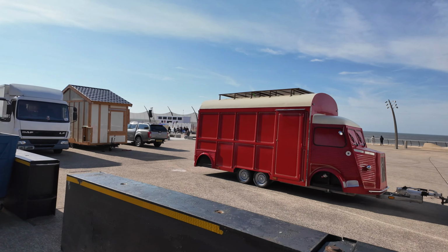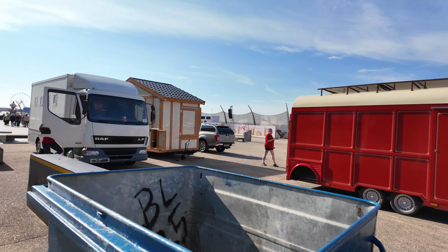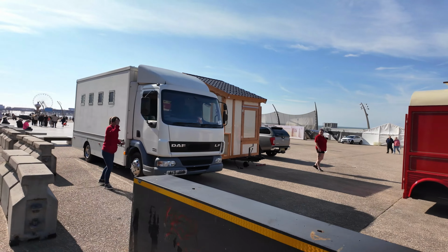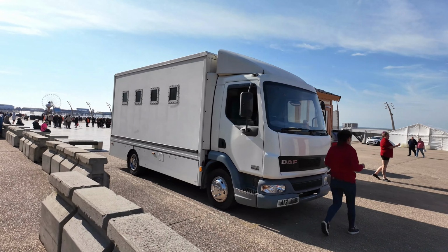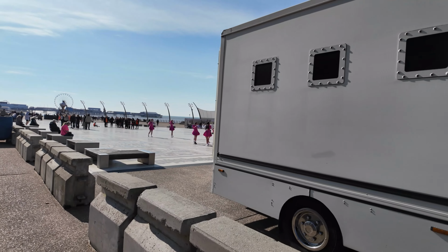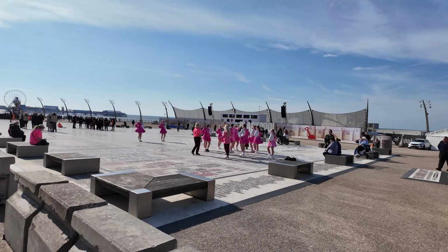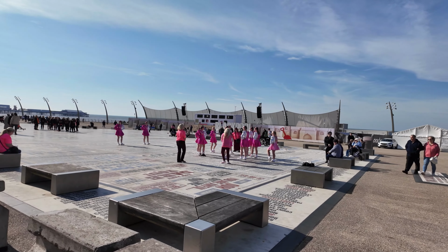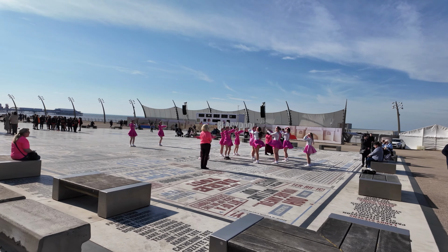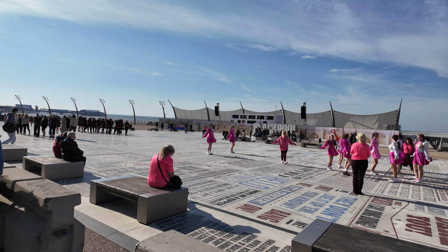And it's going to be a fantastic night tonight, because it's the last one of the fireworks, and it's the United States of America tonight. And you can see we've got some things going on at the comedy carpet. There's always things going on, like little rehearsals, and it's a fantastic little spot, the comedy carpet. Like I said, all sorts of events